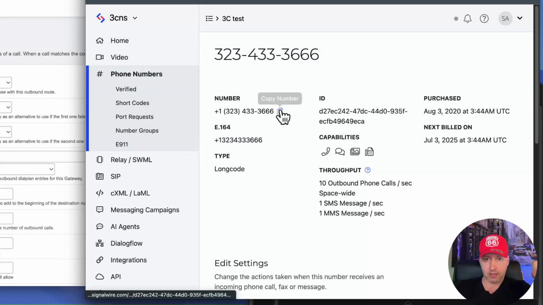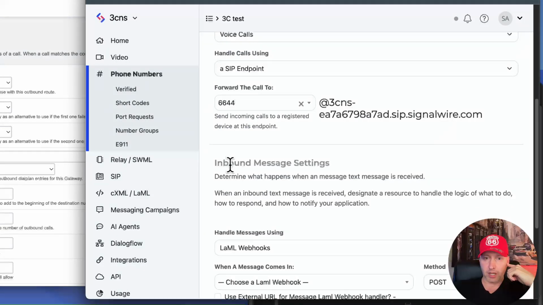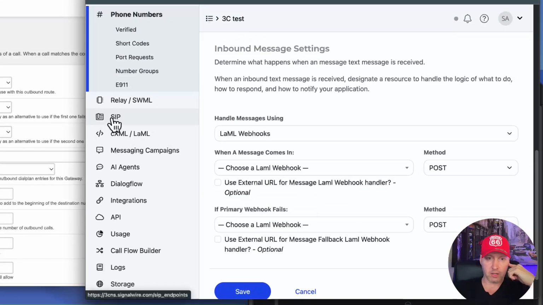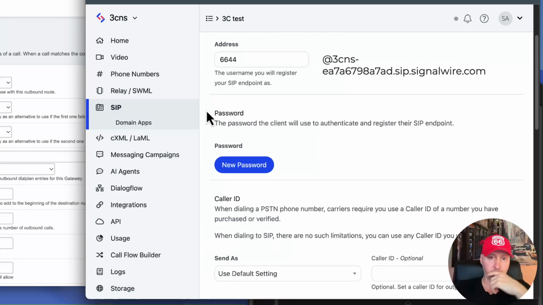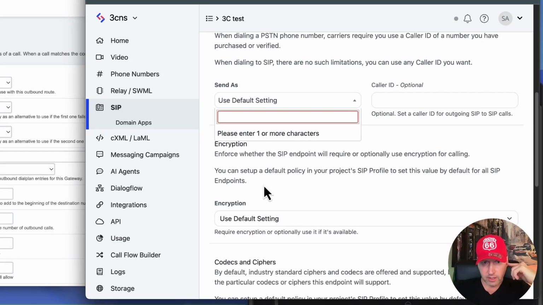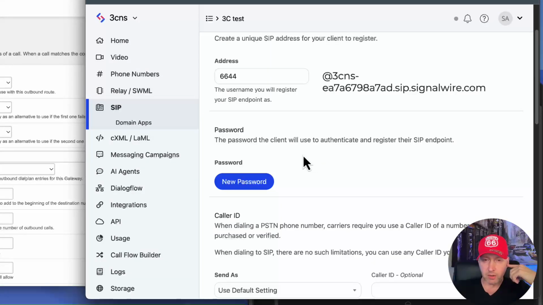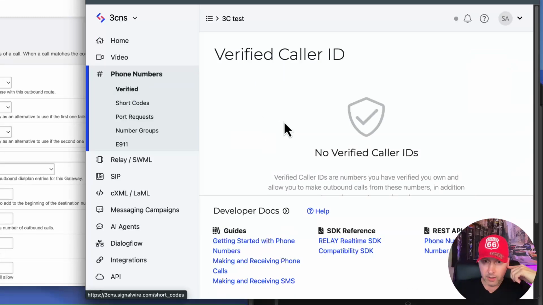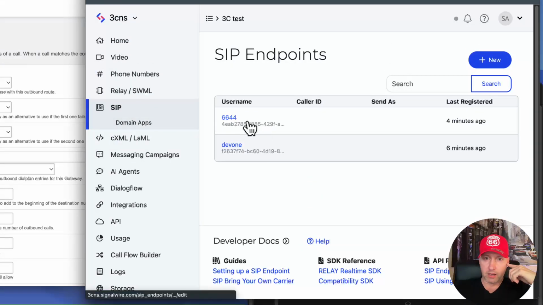Okay, so caller ID exists. Let's go into settings. Caller ID is going to be controlled right here. It's either going to be that phone number we have because it's registered with Signalwire, or you can verify your other phone. You can verify your cell phone, your Google Voice phone, your office phone, your home phone, whatever phone you want. And as soon as you verify it, where's the verification process? I don't remember where it is. They've changed the menu around a little bit. There it is, verified. So you can go through this process and verify numbers,